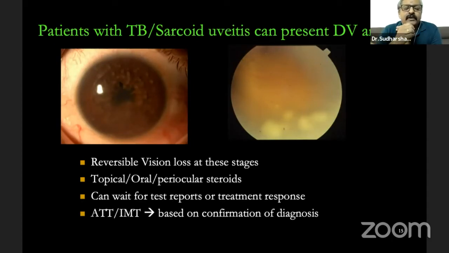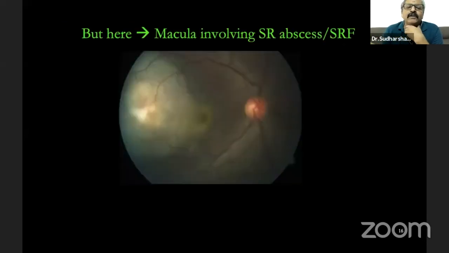They can present with granulomatous uveitis or intermediate uveitis, as Kalpana just said. At this stage, generally the vision loss is reversible. You can start off with topical or oral steroids and even periocular steroids if you rule out infection. You can actually wait for test reports of the treatment response in these cases. You can decide about ATT or IMT based on confirmation of diagnosis later, but not always in TB can you